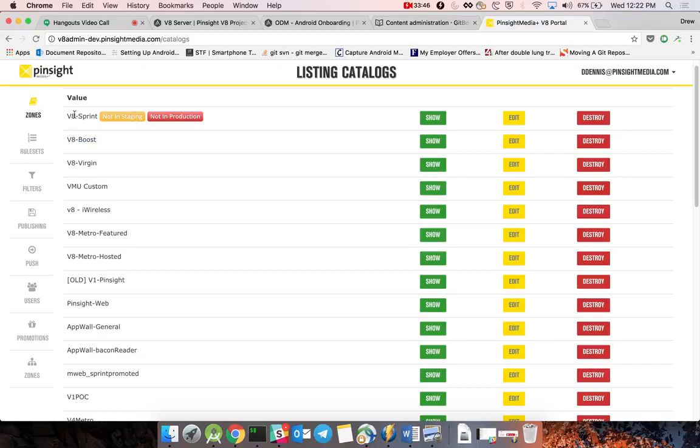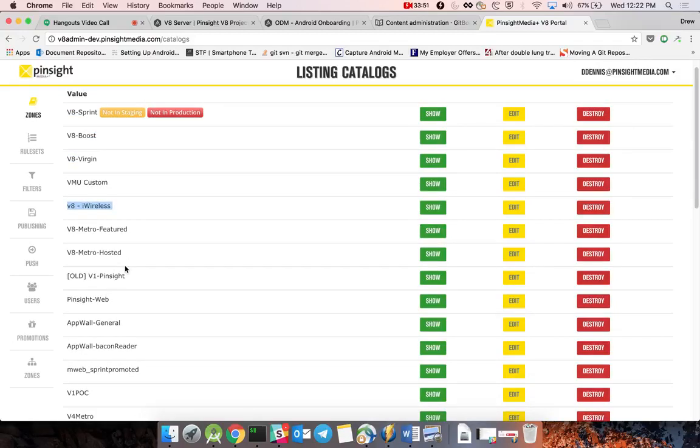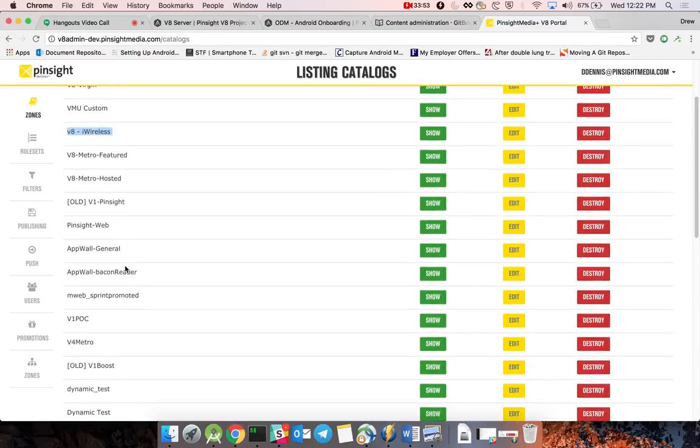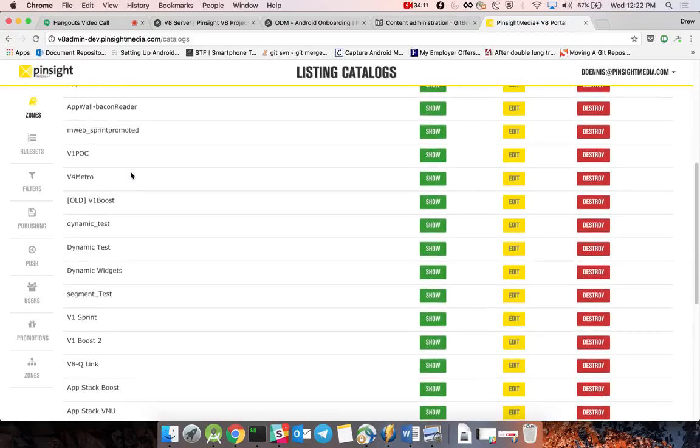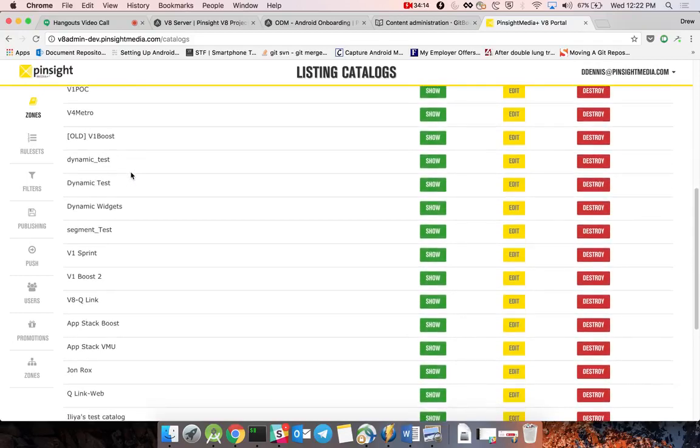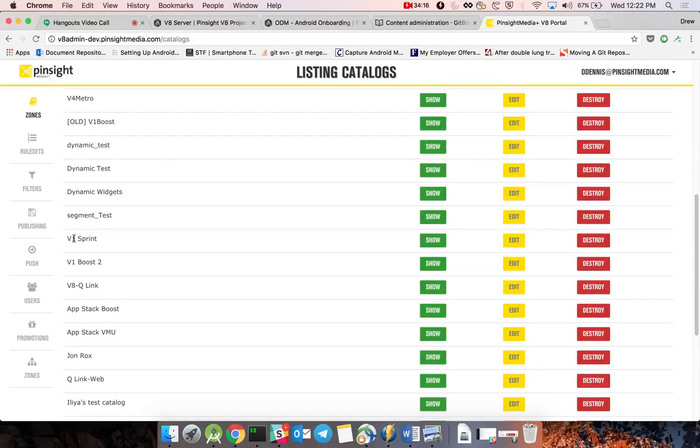So you'll see V8 Sprint, V8 Boost, V8 iWireless, all those mean top apps on this carrier. If you see the word V1, that refers to App Spotlight because that started as a one-by-one widget. So V1, it was V1 Pinsite because originally it was thought that we would have our own that would just not be carrier specific, but it kind of became, we wanted different versions, different catalogs for each carrier. So you'll see V1 Sprint, V1 Boost,